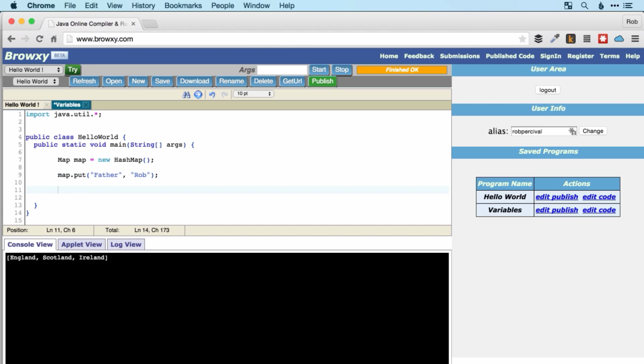So now if we take System.out.println, if I want to print a particular value, I would use map.get and then the key, which is father. So let's just make sure that that returns Rob as we would expect. So you can see what we're doing. We're linking father to Rob,